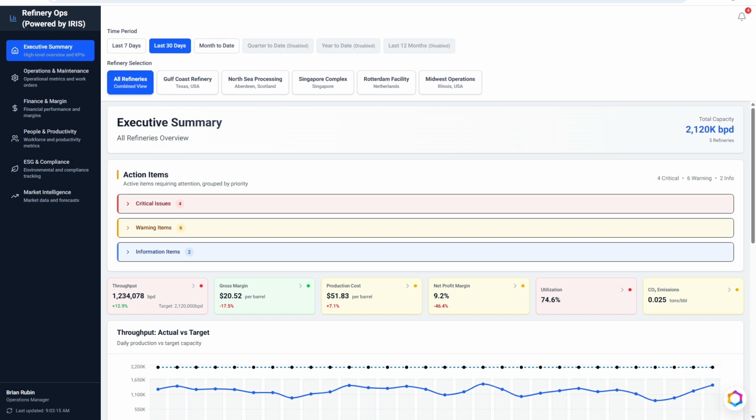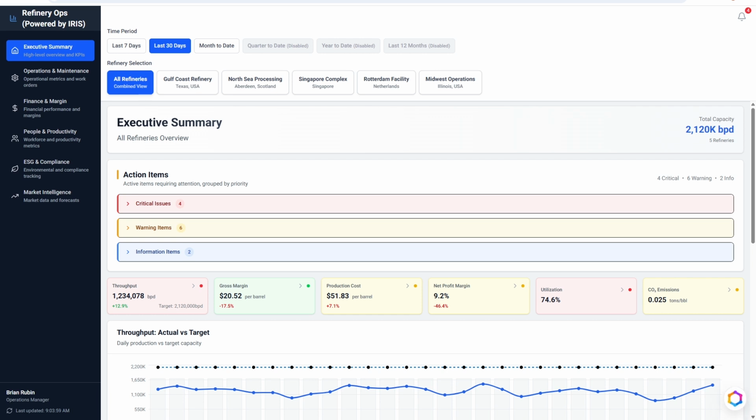Hello, in this video we will share with you an app that we've built on Iris Foundry. With Iris Foundry, it's possible to generate new applications very rapidly, leveraging generative AI and of course access to the Iris Foundry APIs. The data that we will be showing you is for refinery operations across 5 different refineries within an enterprise. The data comes from ERP systems, historians, and SAP systems for work orders.